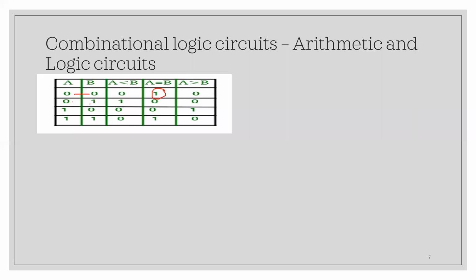In this case, A is less than B, so this turns out to be true. In this case, 1 and 0, A is greater than B. And the last case, again, it is equal. Now can anyone tell me what will be the logic expression for A less than B in this case?